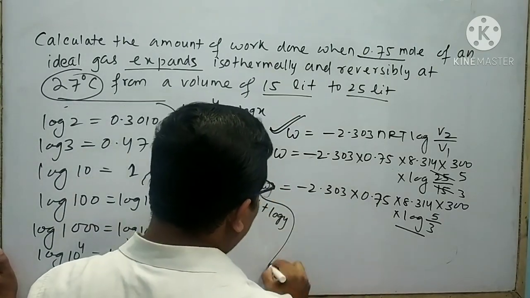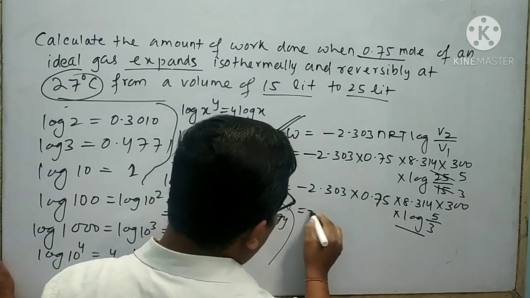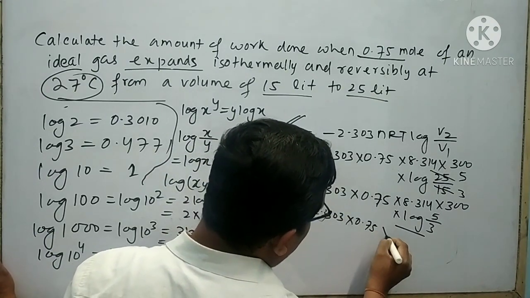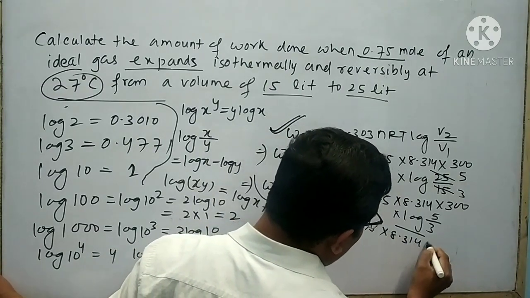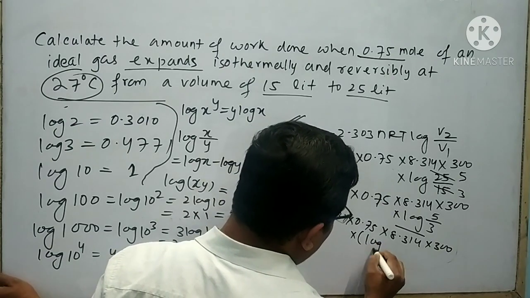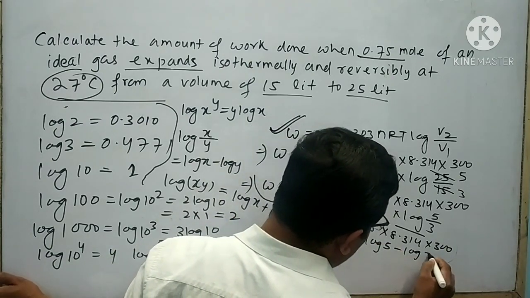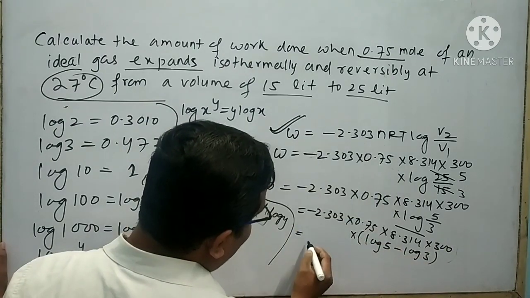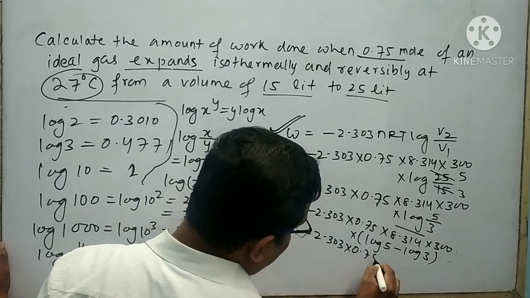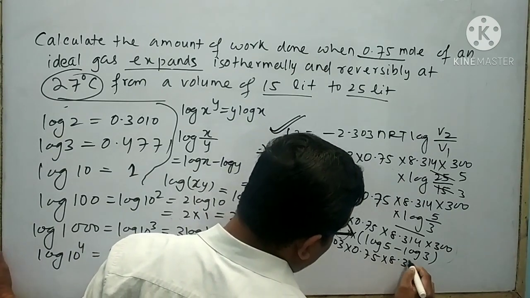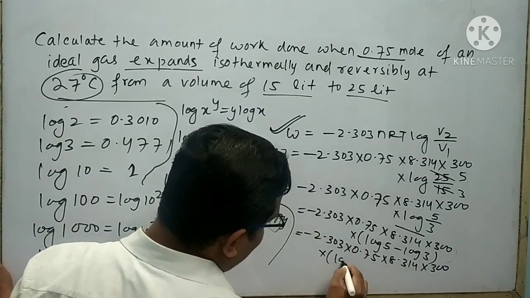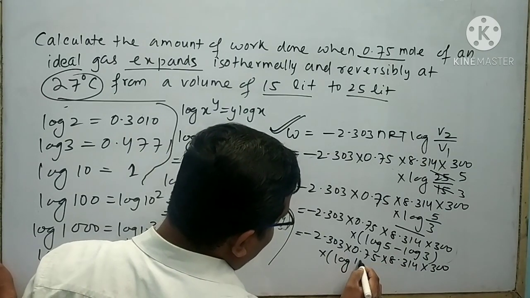Then I can write W equal to minus 2.303 into 0.75 into 8.314 into 300 into log 5 minus log 3. Now I can write W equal to minus 2.303 into 0.75 into 8.314 into 300 into log 10 by